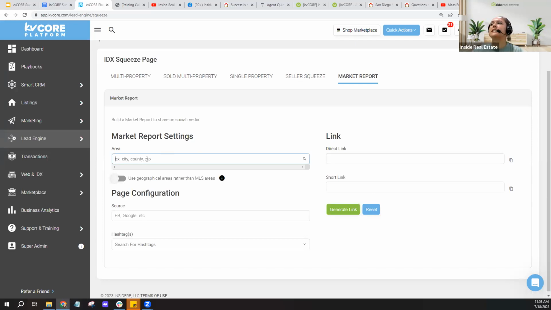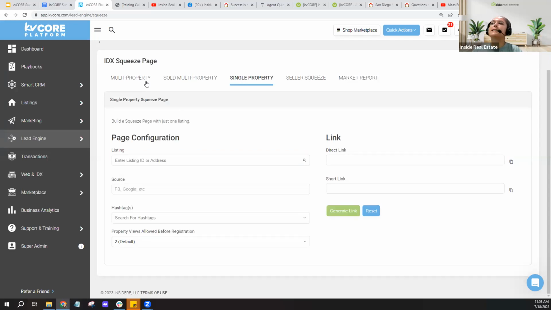And the idea here is you choose the area, the city, the county, or zip where they might be interested in seeing how the real estate market health is doing. And you offer that online, say, hey, click the link below to be redirected to, or to be signed up to receive recurring market report emails. So that is the market report. Again, the home valuation will give them updated home valuations, but today we'll mostly focus probably on single properties and